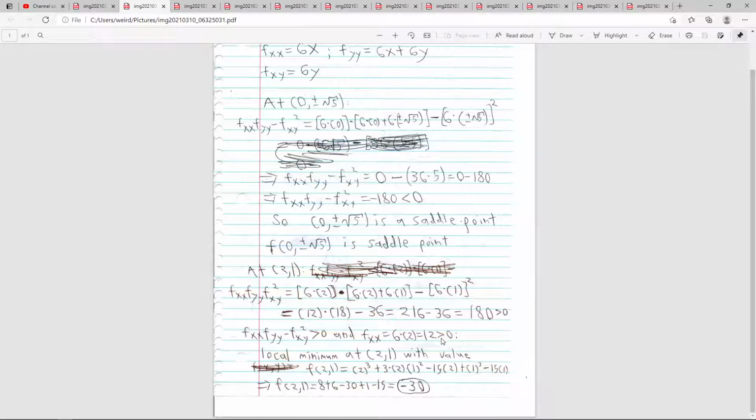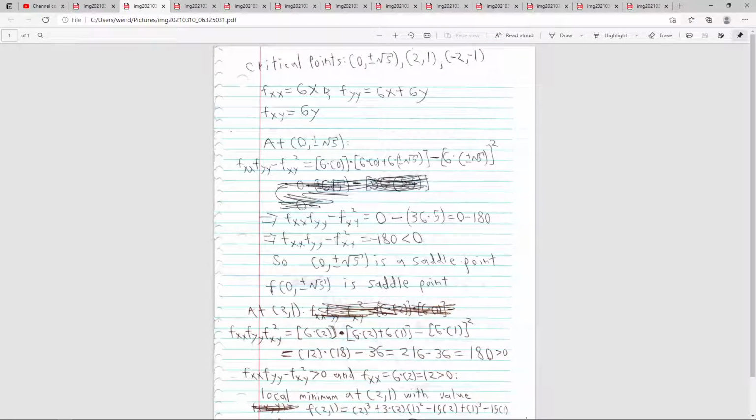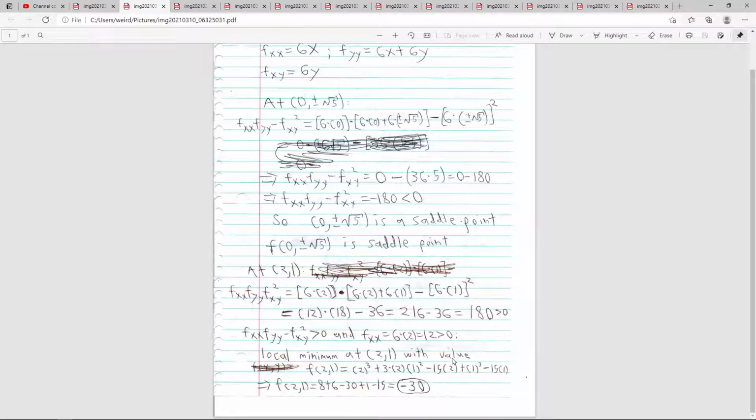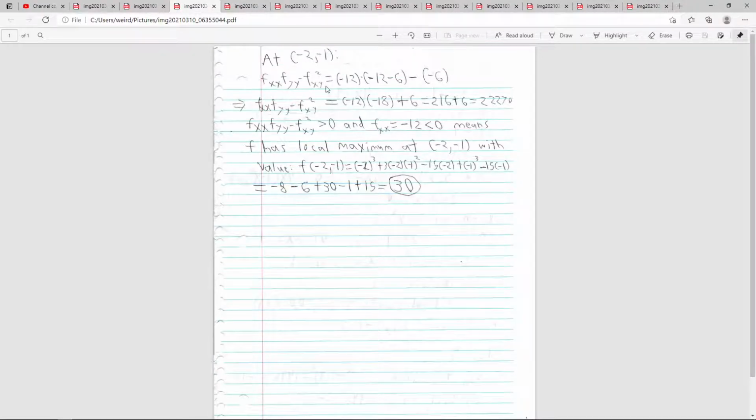So it's 6 times, because at (2, 1), x is equal to 2 here. So 6 times x, that's what gives you that. So it's a minimum, and then you plug in, you get negative 30. Next one's going to be a maximum, and we'll see this by